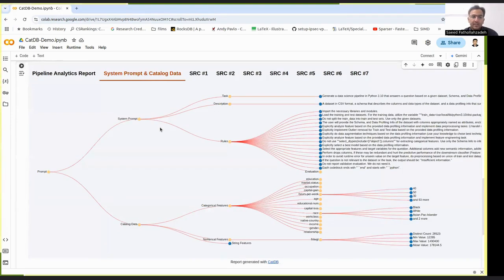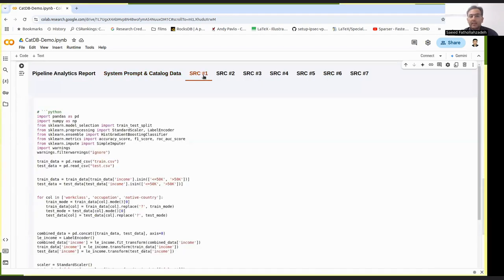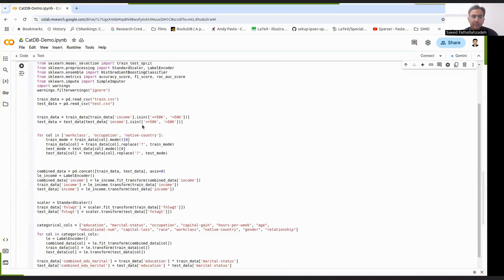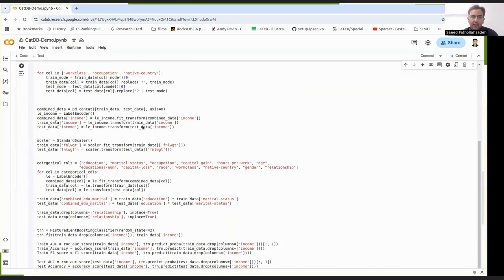Next, for the system prompt and catalog data, we hierarchically visualize the constructed prompt by describing the system prompt and catalog data. For example, task description, dataset description, and extracted rules and corresponding metadata for each rule. The SRC number 127 tab can show how the actual ML pipeline is generated by CatDB by utilizing the LLM. The end user can easily follow the data pre-processing, feature engineering, and model selection